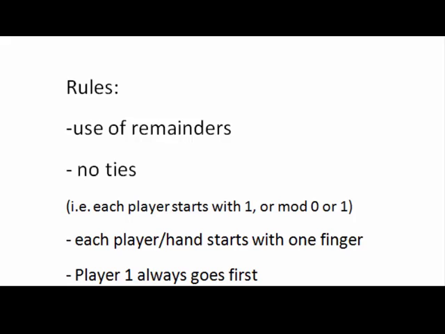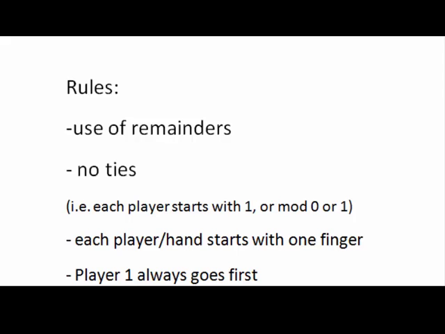Next, I was looking at the trivial cases, like what happens if you have mod 0 or 1, but I didn't really want those affecting my data and skewing it, so I took them out of the equation at the beginning. The last rule I put in place was the use of remainders, which would be like mod 5, which is the normal. If you went above 5 fingers, you would go down to 1, so if I hit one hand with 3 using 3, it would go to 6, but 6 mod 5 is 1,